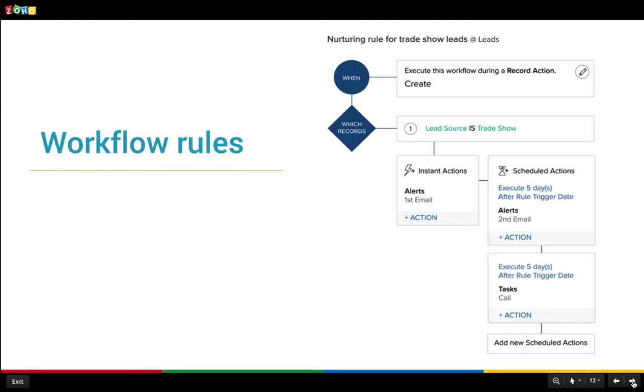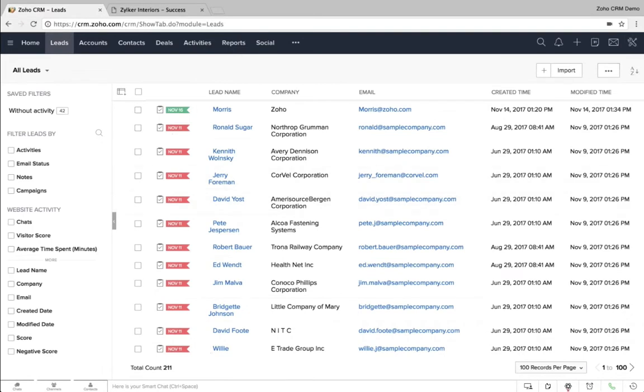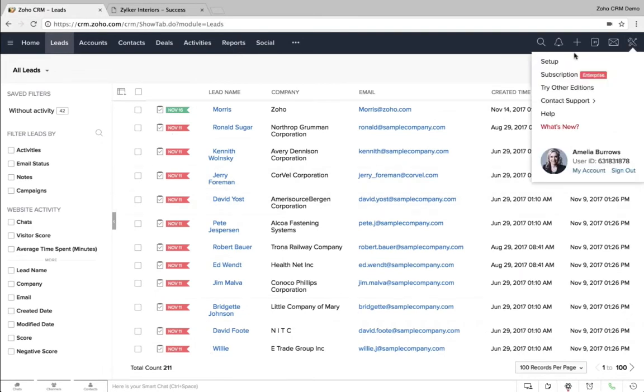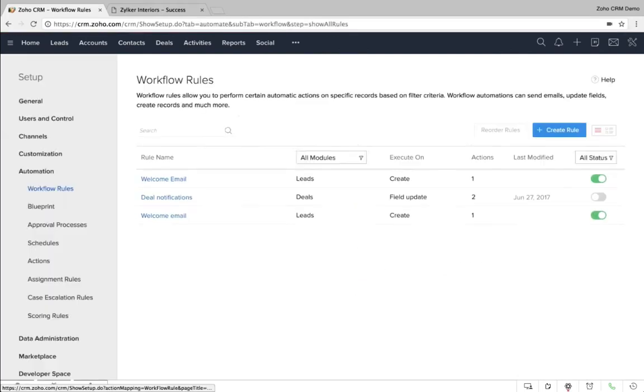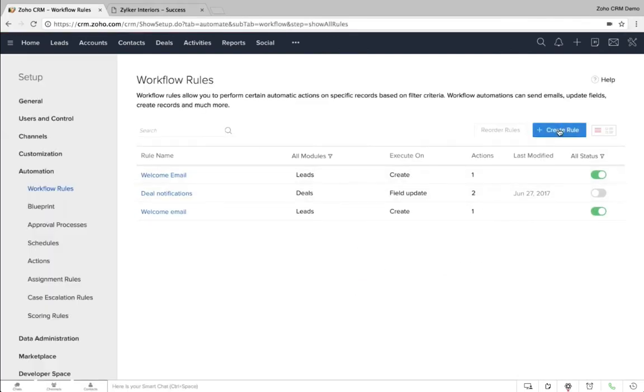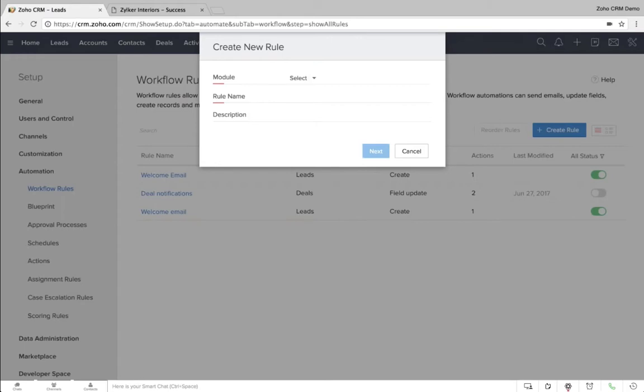And now let's say we create a new rule to send a welcome email to every new lead that comes into your CRM. So to do this, I'm getting into the CRM application, choosing settings, setup. Under automation, I have workflow rules. Okay, so to create it, click on create rule, choosing leads module, entering the rule name, enter the description if any,